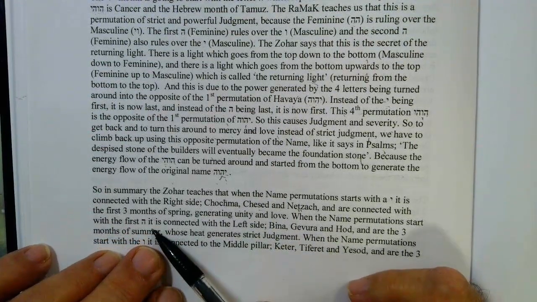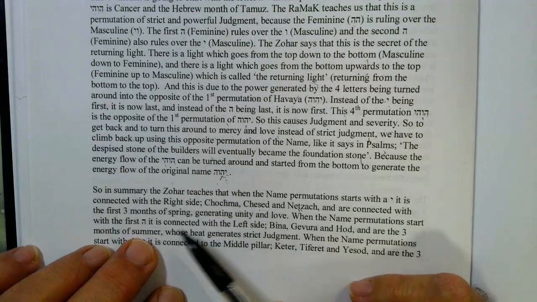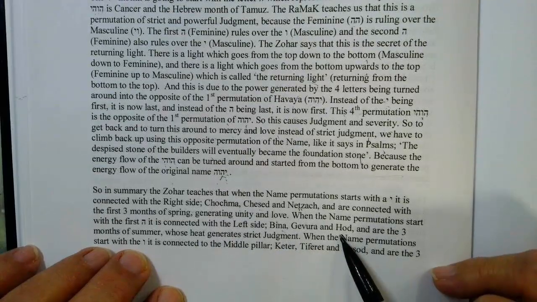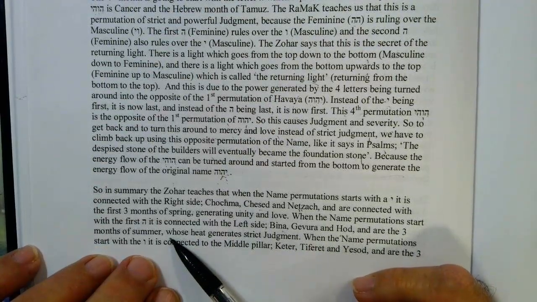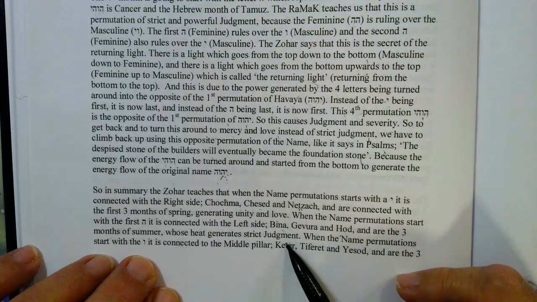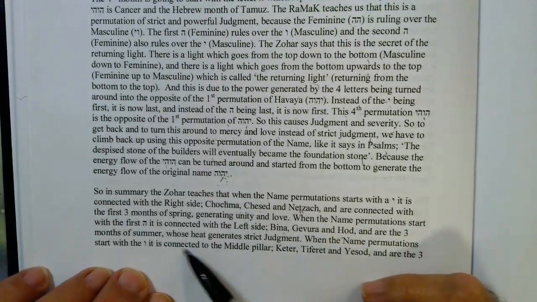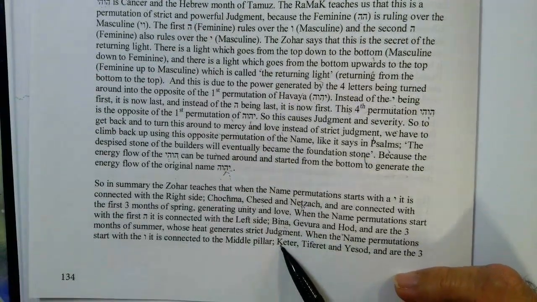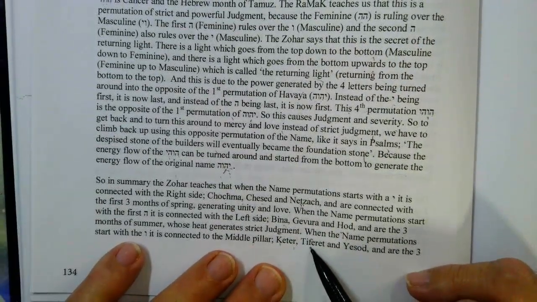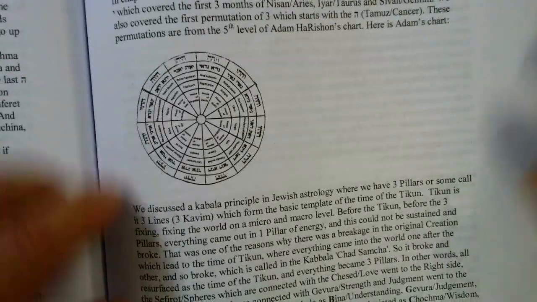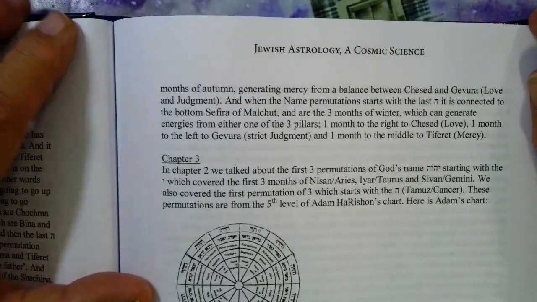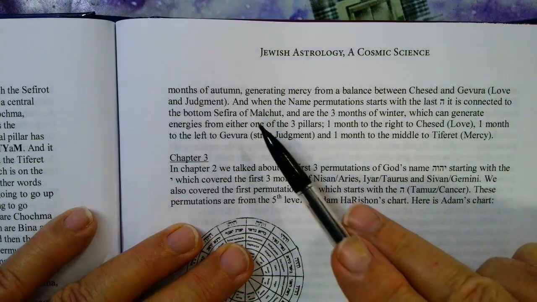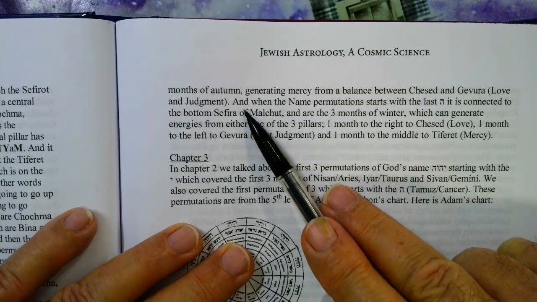When the name permutations start, however, with the letter Hey, it's connected with the left side. The left side are these spheros, which are called Bina, Gevurah, and Hod, and are the 3 months of the summer, whose heat generates strict judgment. When the name permutations start with a Vav, it's connected with the middle pillar, that's the middle line, which is Keser, Chochmah, and Yesod, and are the 3 months of autumn, generating mercy from a balance between Chesed and Gevurah, love and judgment. And so you come into the fall, which is the Hebrew month of